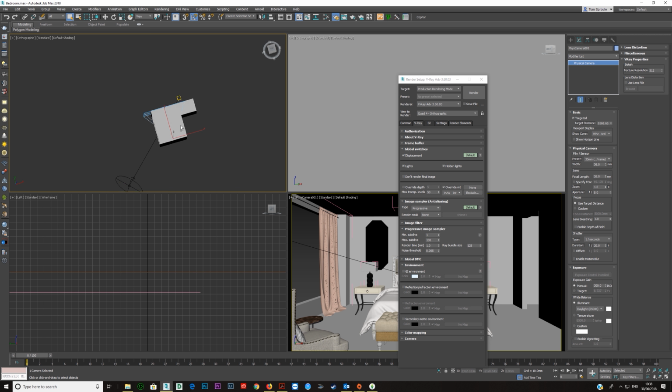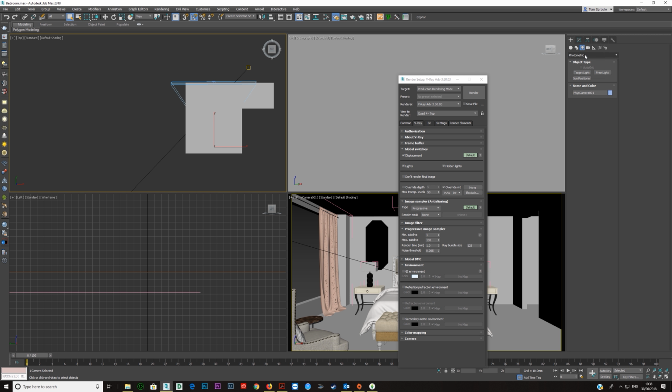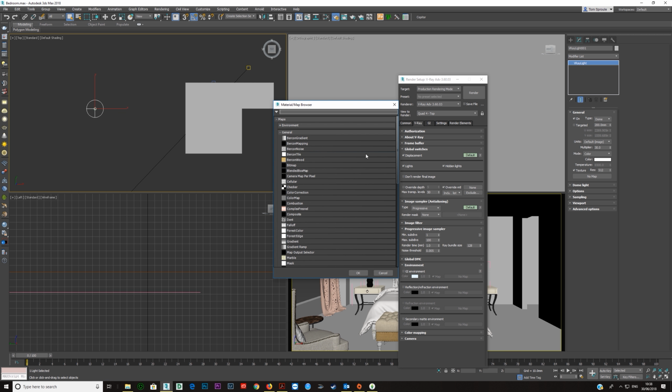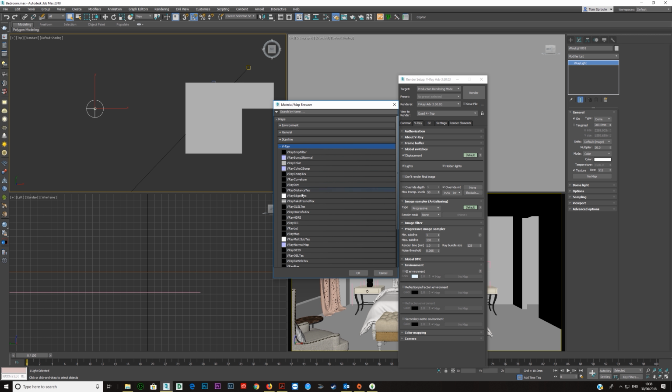So I'm just going to go in top view, press T and then Z to zoom in. And we're just going to start with taking a light here and just creating a light. So just go V-Ray light and just drag and drop it somewhere. Click over here on this properties tab and change this type from plane to dome. And then you've got no map here, so just select this and close general, come down to V-Ray and choose